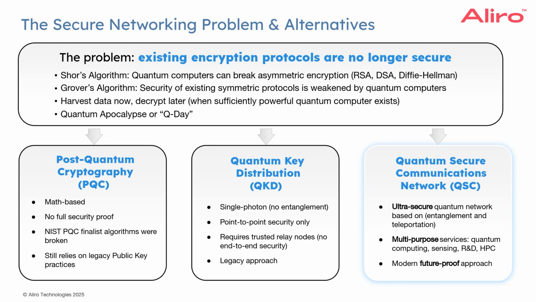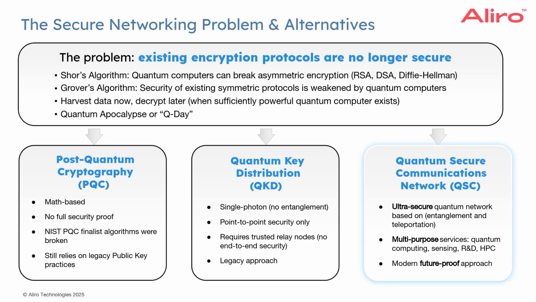There's only so long a single photon can travel down a fiber without being lost. So what you have to do in QKD, which uses a protocol typically called BB84, is you have to have a trusted relay point, or many, along the way between Alice and Bob, where you decode the quantum state that's on the photon. It's in clear view at that point. Then you re-encode it and send it along the next hop. So that relay node has to be trusted by the two parties. And generally, the principle that's very important in security these days is zero trust. You shouldn't have to trust the relays along the way.